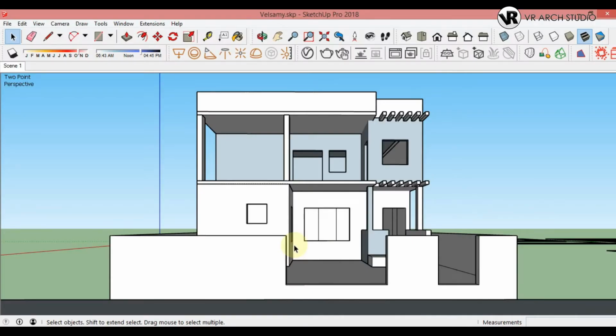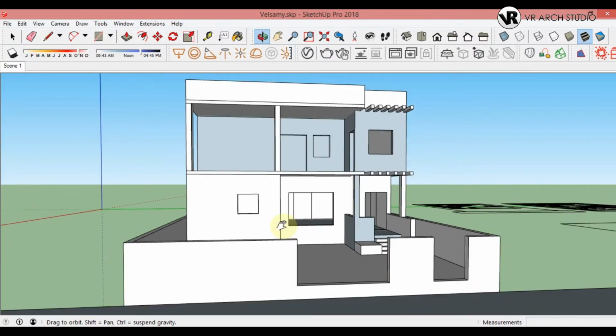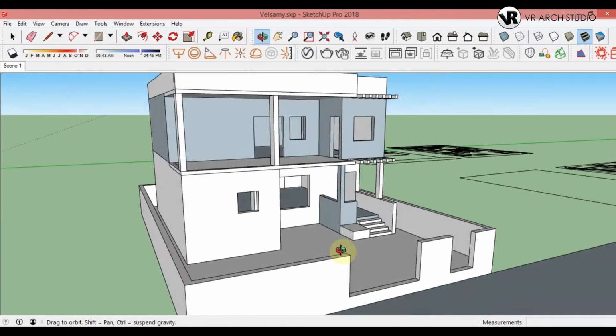Hi guys, in today's video I'm going to teach you how to make a building's exterior render using SketchUp V-Ray. I'm using SketchUp 2018 with V-Ray 3.6. As you can see, I have just created an empty model with floor, roof, walls and a few window and door